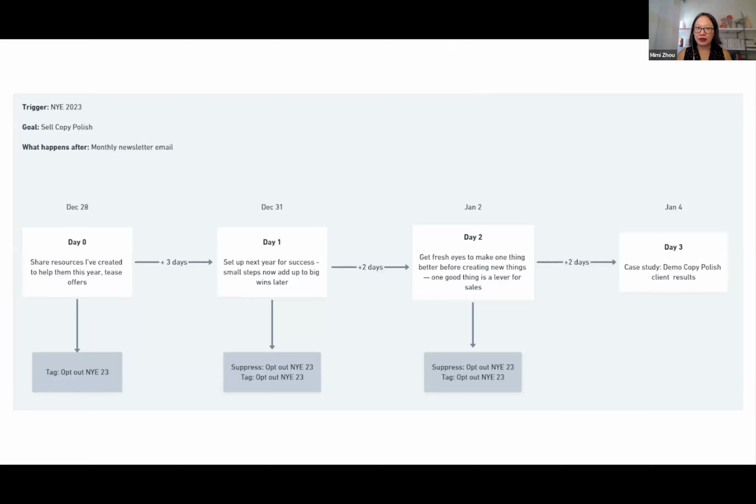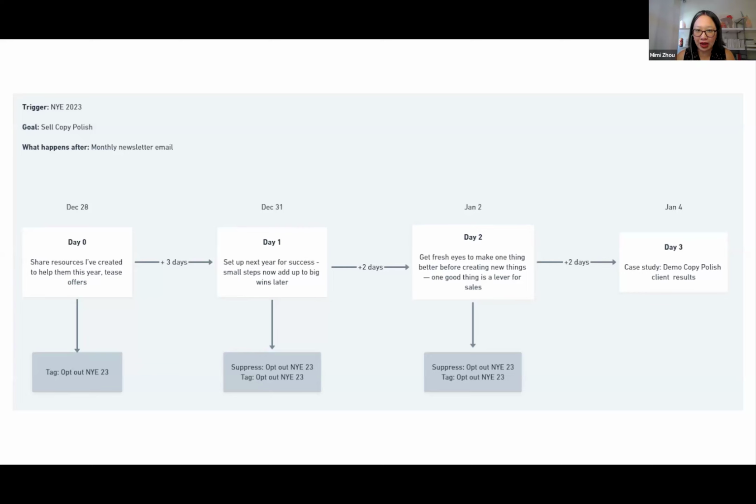So when you're looking at this, I want to draw your attention first to the fact that this is time triggered. So there are dates involved. So I do have the dates mapped out. This email sequence is 4 emails, and it happens with 3 or 2 days between each email. So you can see that here. It's not quite so short as an abandoned cart sequence, right? Because for abandoned cart, we know that there is a limited window of time when people are more likely to go back and to check out. This is not the case. This is an entirely different case, which is why I say that it really depends. Like your sequence, how many emails and what you say, it really depends.